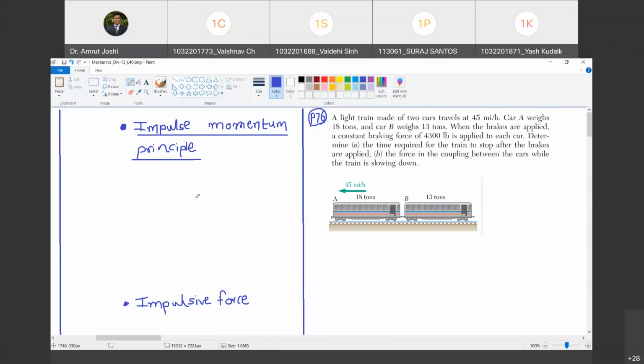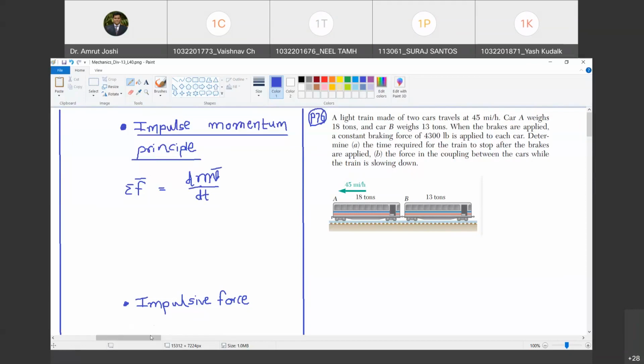Yes, sir. So with this impulse momentum principle, we have already discussed in lab session, but let us quickly revise it. So as per Newton's second law, if I take algebraic sum of all the forces, what do you get? Tell me. It must be equal to rate of change of momentum with reference to time. Do you agree with me? Yes, sir. Now, mind you, these are vector quantities.